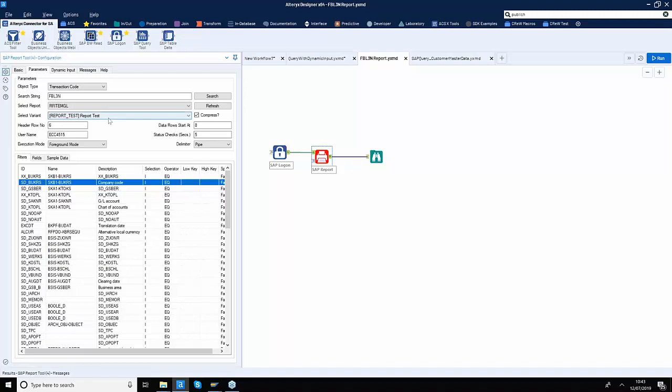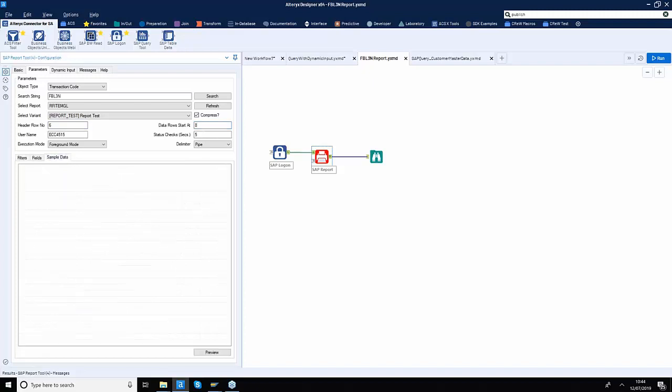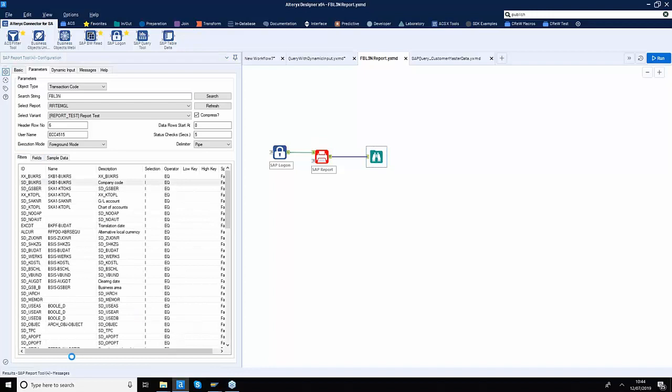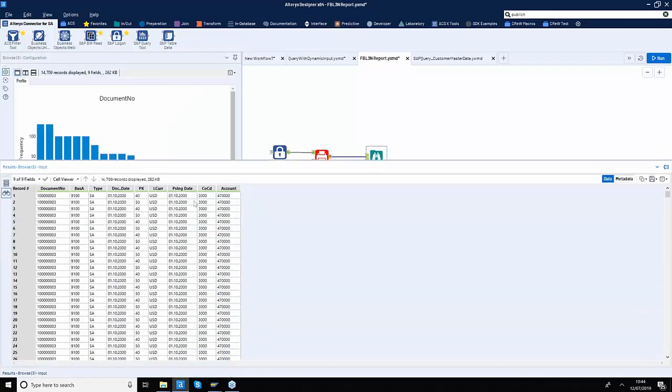But in this case, I have decided to select the report variant, which is already available in the SAP system, and I'm saying my output header row starts at line number 6 and the data row starts at line number 8. I know that by experience, or you can just sample the workflow by pressing this preview button, and that will give you the idea. Now the output of this tool looks exactly the same as you would see within the SAP system. So that's how you can get data from the SAP ABAP reports or T codes.